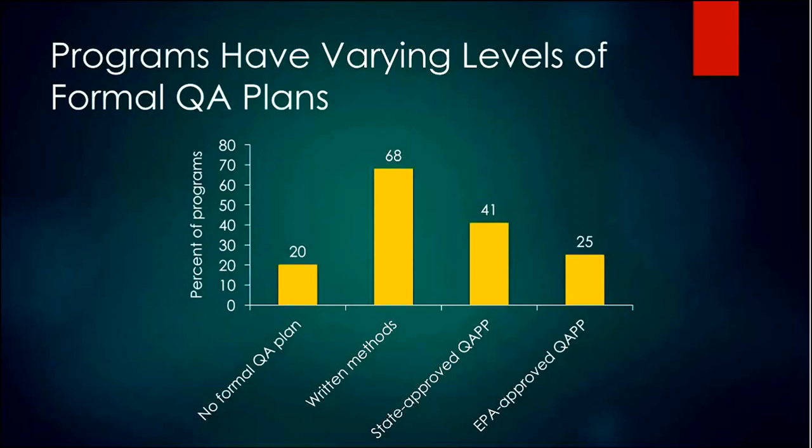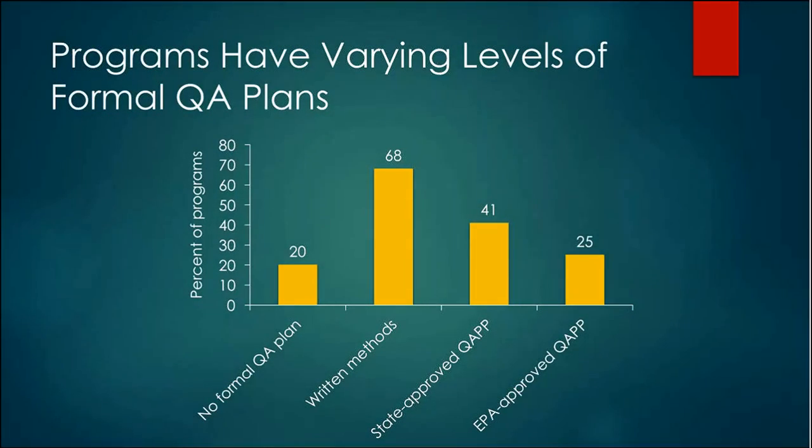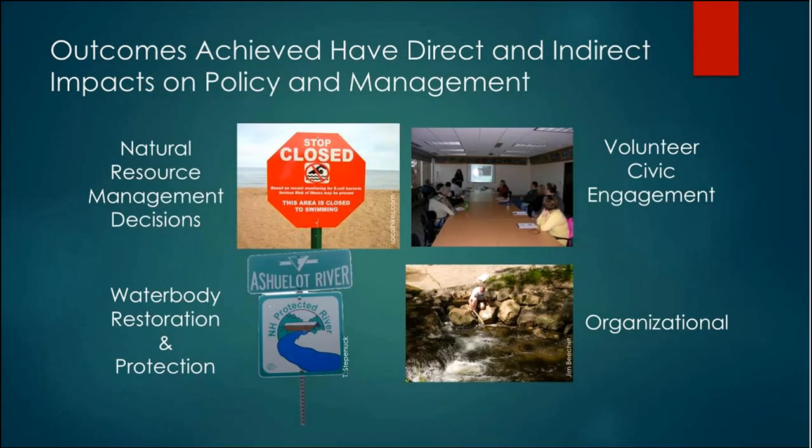About 70% had written methods, which is great. I'm actually surprised that it wasn't higher than that. About 40% had a state-approved quality assurance project plan, and about a quarter had EPA-approved project plans. So in terms of the outcomes that these programs shared with me through this survey, I categorized those into 4